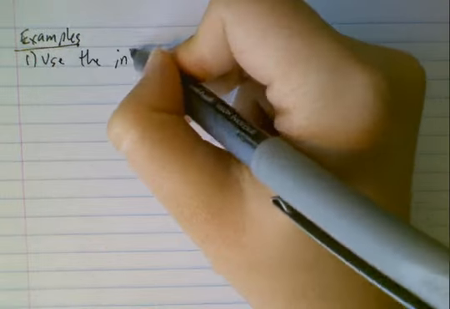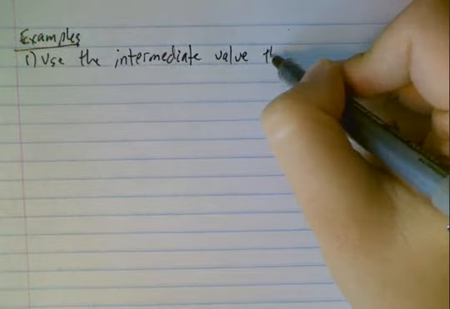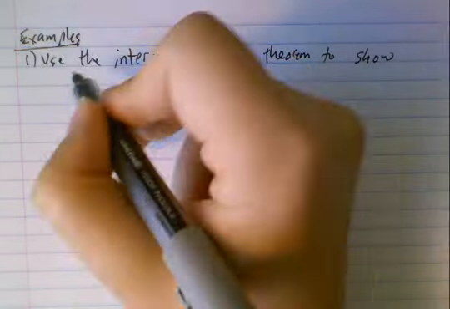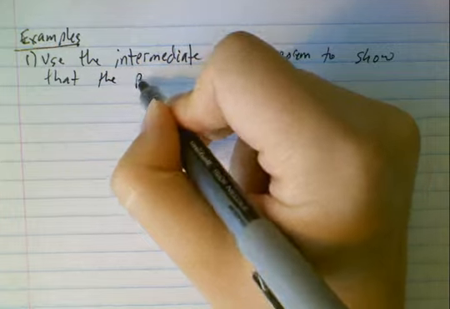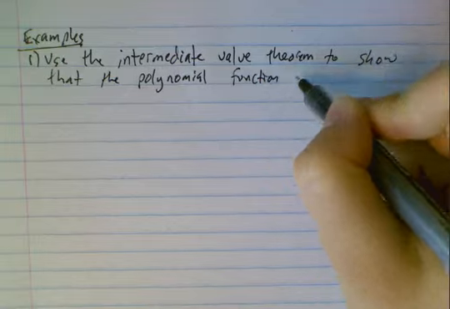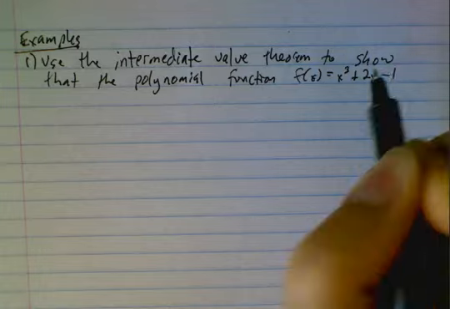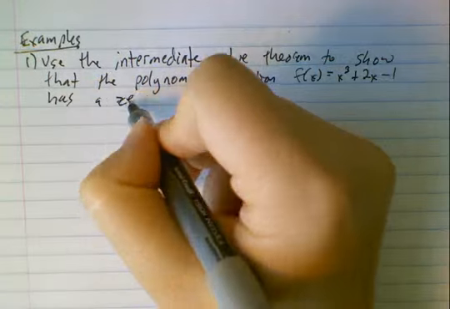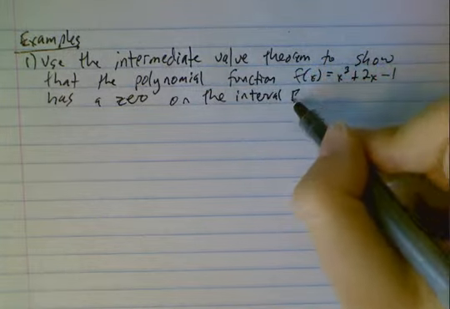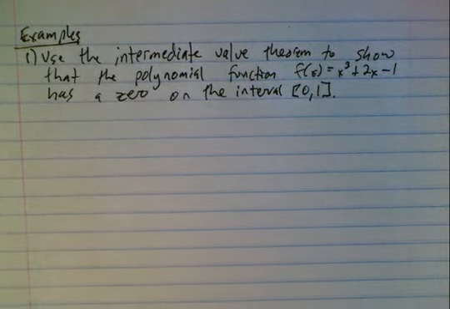Use the intermediate value theorem to show that the polynomial function f of x equals x cubed plus 2x minus 1 has a zero on the interval 0, 1. So a key thing to know,